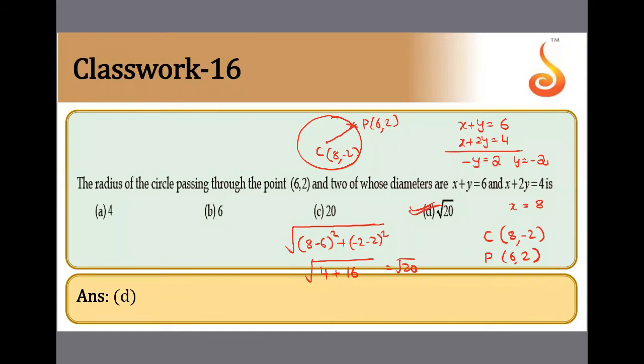So simple problems we can do a little fast, then we can discuss more JEE Mains problems. Simple one: these are the two diameters. Solving two diameters, we get the center. We know the point on the circumference. CP we calculate, we get the radius. Radius equal to root 20. Distance formula. Samyukta used the distance formula: square root of (x2 minus x1) whole square plus (y2 minus y1) whole square. Clear?